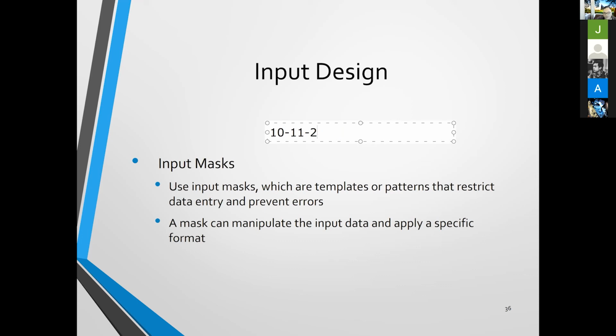You must not allow them to enter. So once they press 3 like this, it shows the error immediately or doesn't allow them to enter the number 13. They know immediately that this is the month. That means they have to change. This month is 11, and the last one is